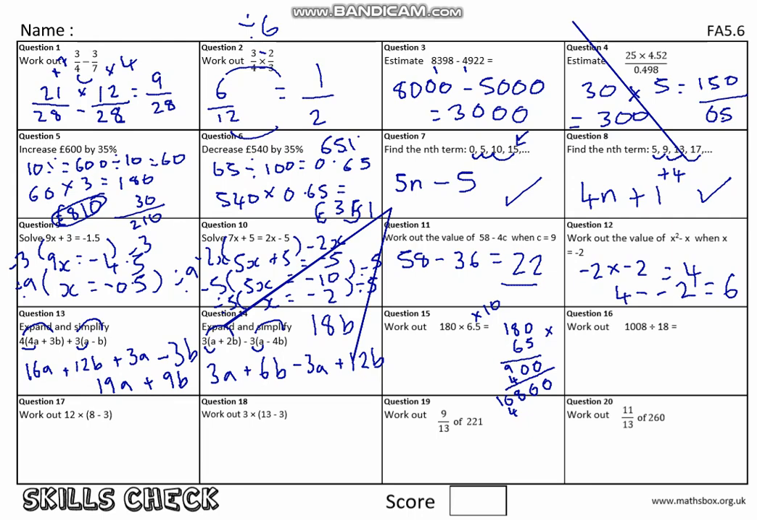So we've got 10,800 plus 900 equals 11,700. But remember, we've got to divide by 10, because we times by 10 in the first place, so our answer is 1,170. Okay, so that's our final answer for that one. Up next then, we're going to do a